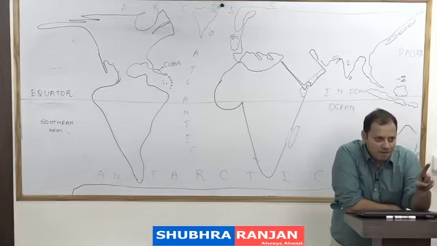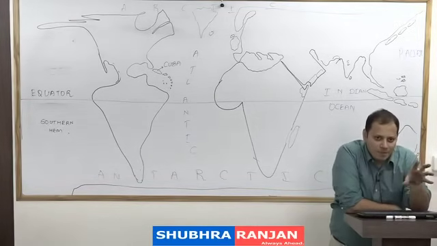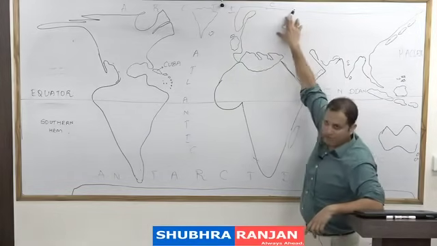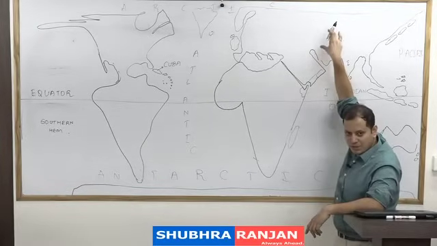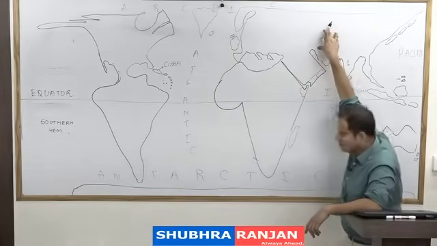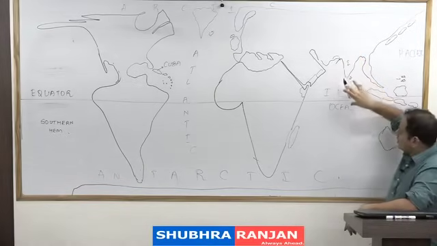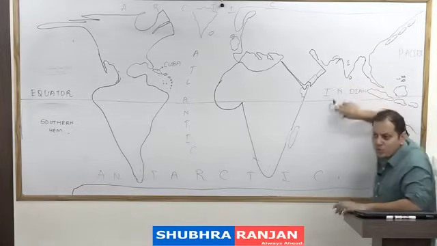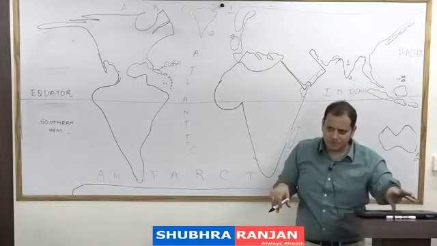But it is said in geography ka law that one who controls this part of the world controls Central Asia. One who controls Central Asia controls South Asia. One who controls South Asia controls Indian Ocean. And one who controls Indian Ocean rules the world. And this is true. That is why